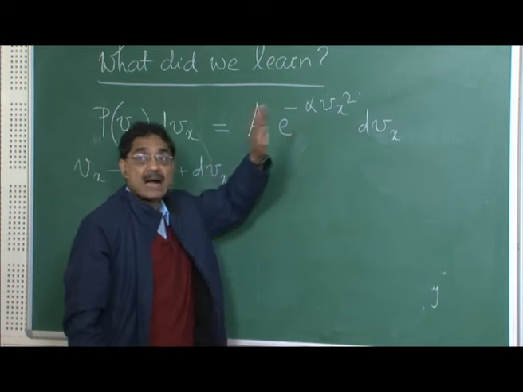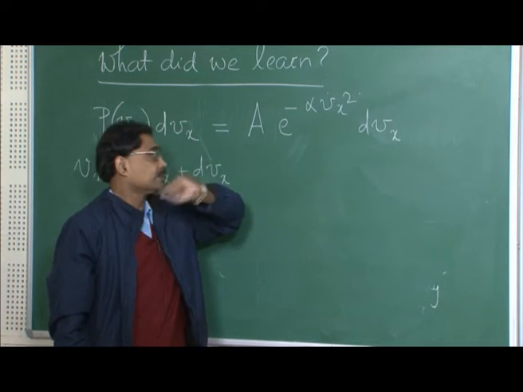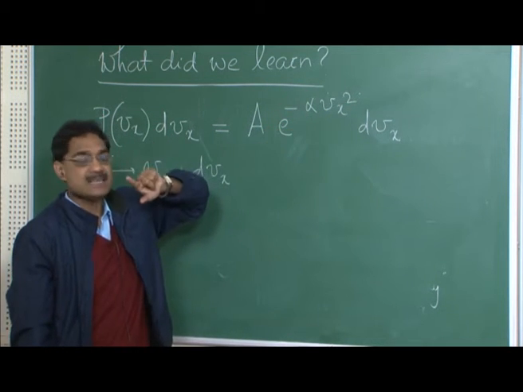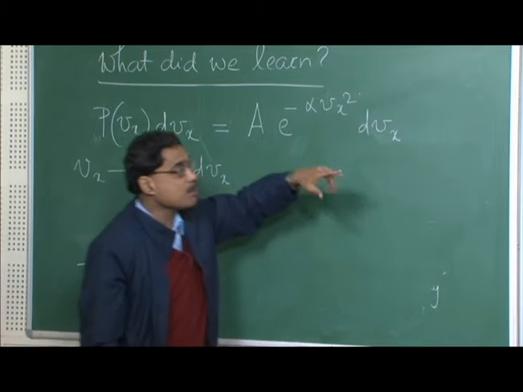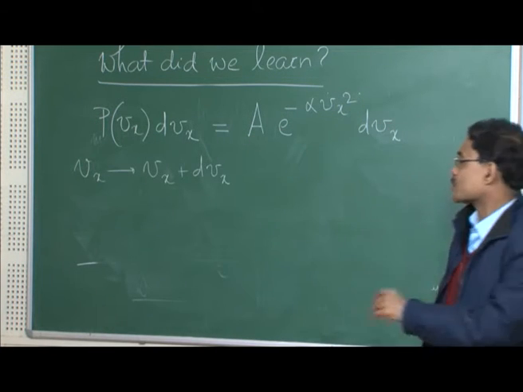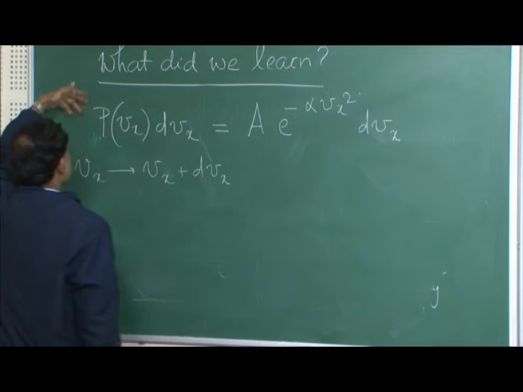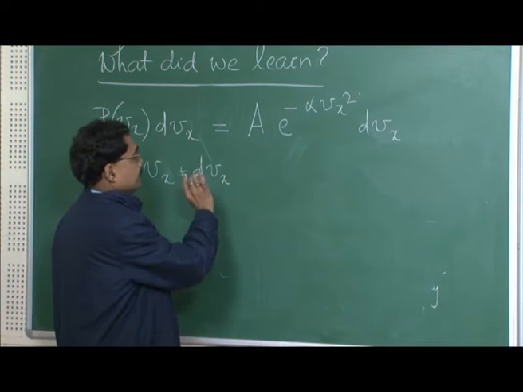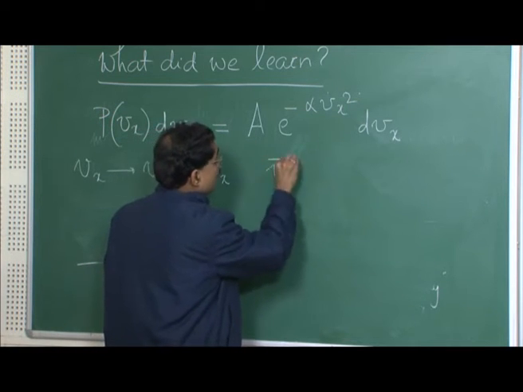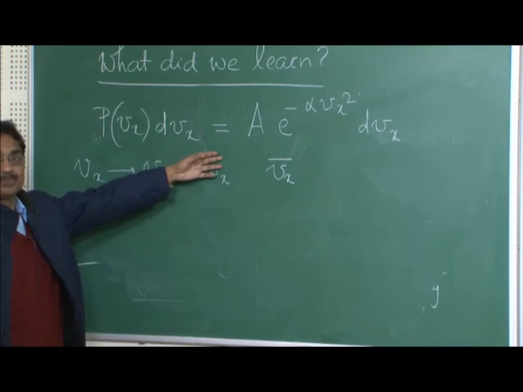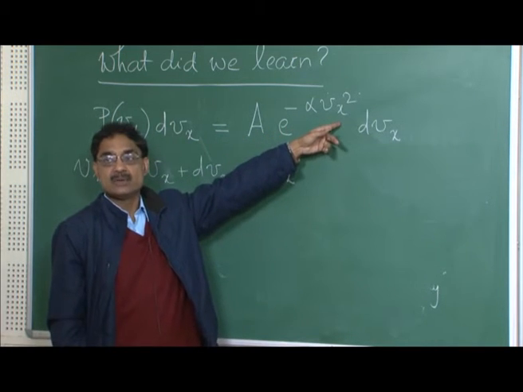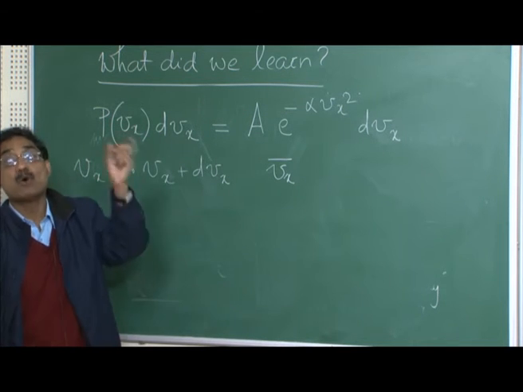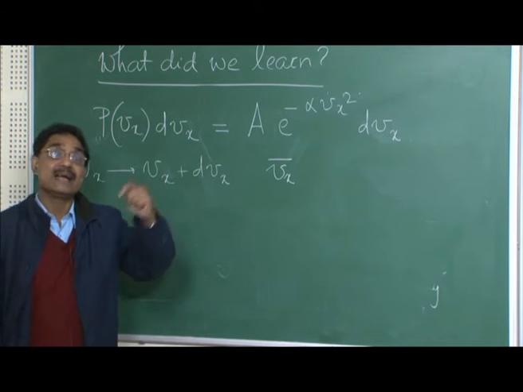What is alpha? I am not going to specify, but this alpha must be such that this whole thing is dimensionless. A is once again the normalization constant, which ensures that if I integrate from minus infinity to plus infinity, I get unity. Now, if you calculate Vx average, you look at this mathematical form. This is Vx square, which says that the probability that Vx has a positive value or negative value